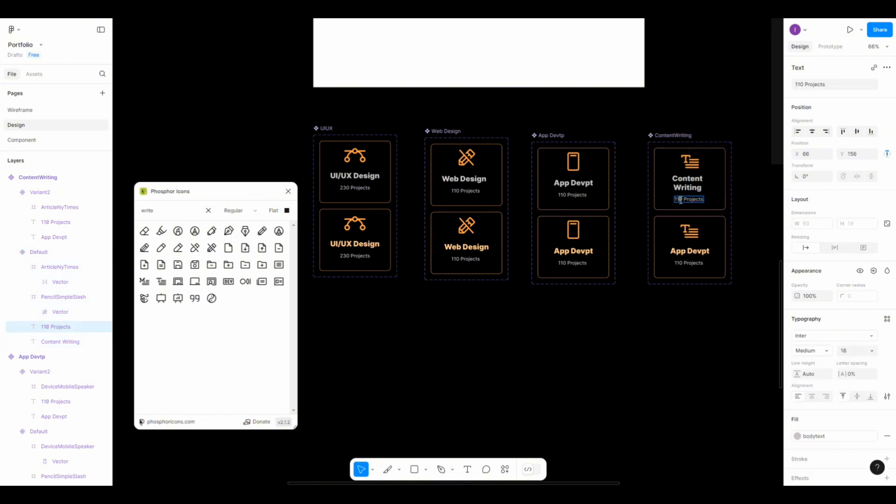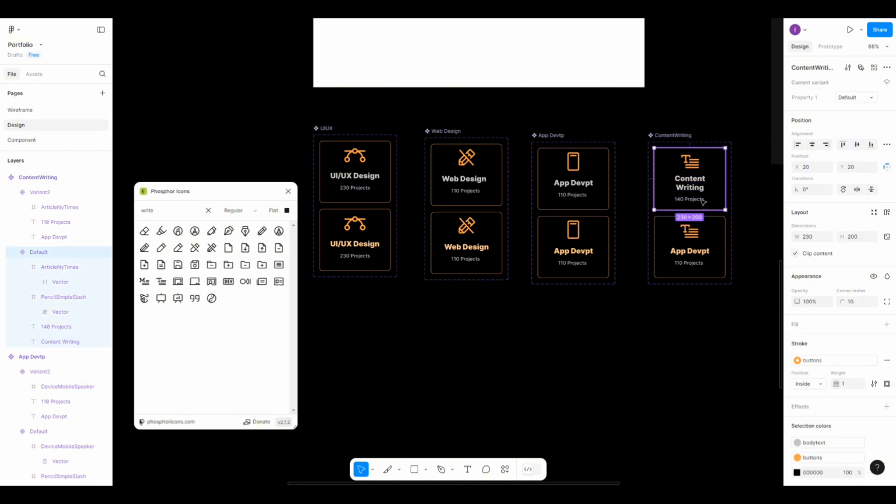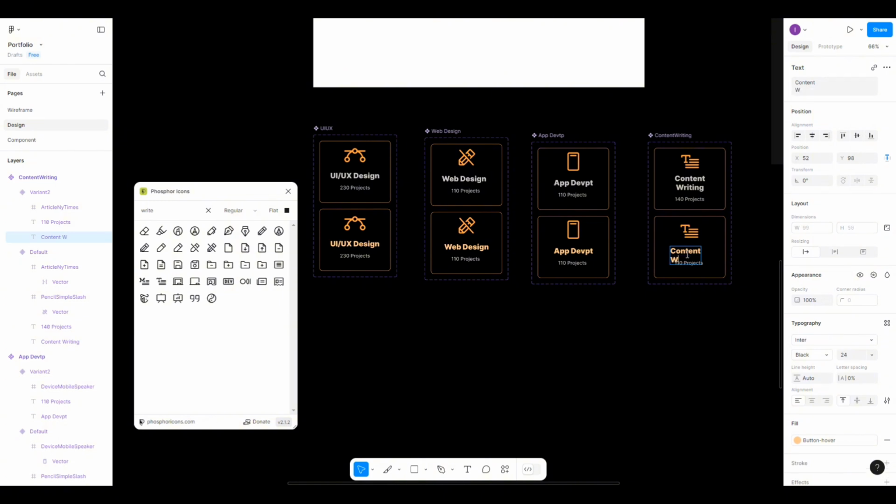project number to be down. Let's see, this time we're looking at 114, and align it to the center of the frame. Also click it and align it to the center of the frame. So here similarly we do the same thing, content writing,